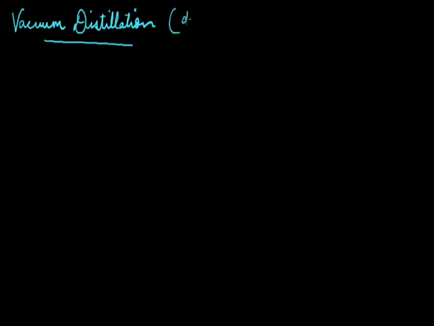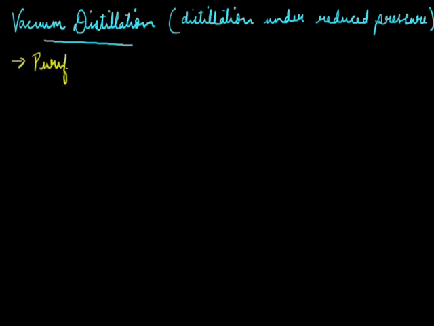Today we are going to discuss the next type of distillation, that is distillation under reduced pressure, or vacuum distillation. This type of distillation is used for purification of high boiling liquids, and those which decompose on or below their boiling points. Applied for those type of liquids